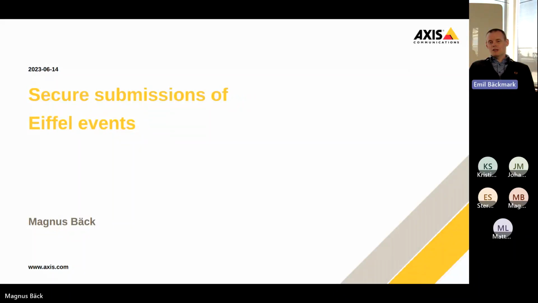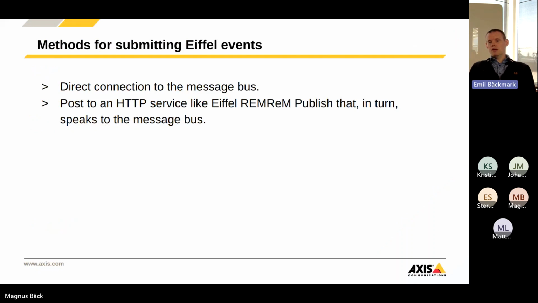So now we're going to talk about different ways of submitting Eiffel events and how that can be done securely in a nice way. There are two main methods of submitting Eiffel events. You either connect directly to the message bus and publish it yourself, or you use some kind of API like Eiffel Rem Publish that accepts your event and speaks to the message bus on your behalf. And in this talk, we're going to focus on the second case,